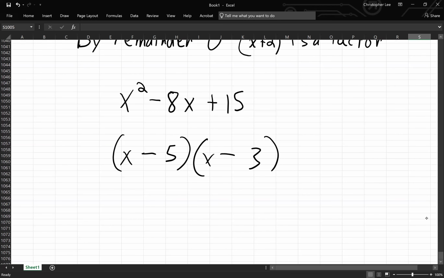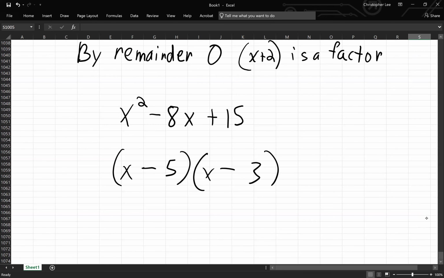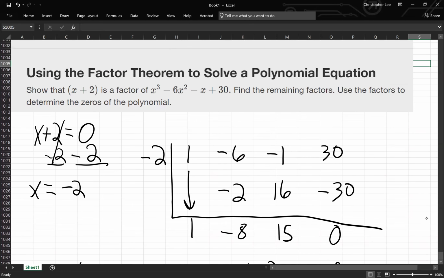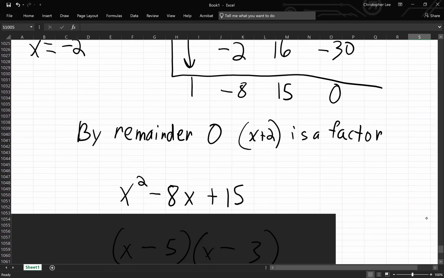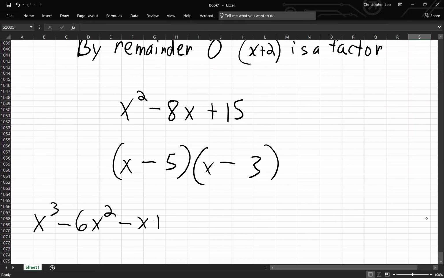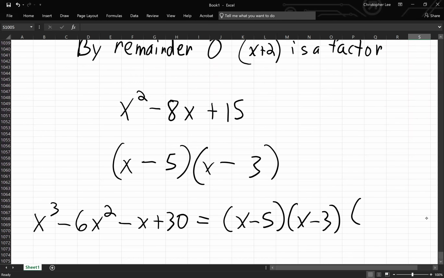All right. So real quick, our original question was x cubed minus 6x squared minus x plus 30. And I'm telling you that the factors for this are x minus 5, x minus 3, and this one up here, x plus 2. That's our whole polynomial factored. All right. Last but not least,